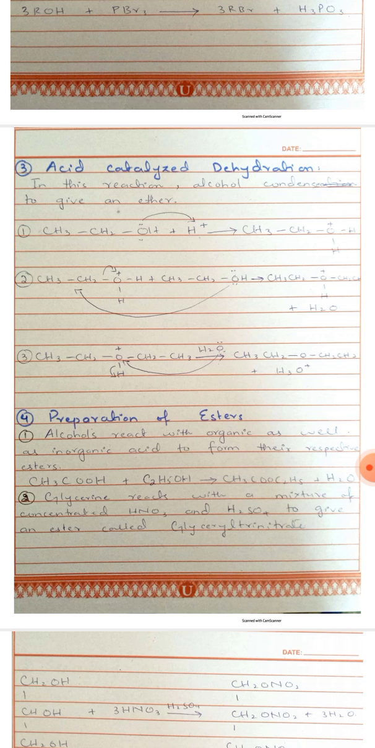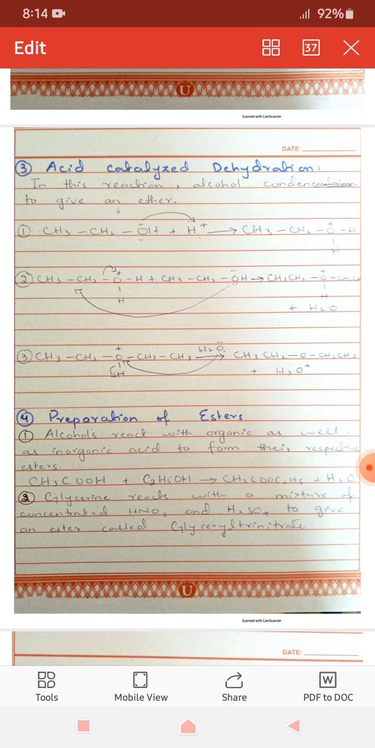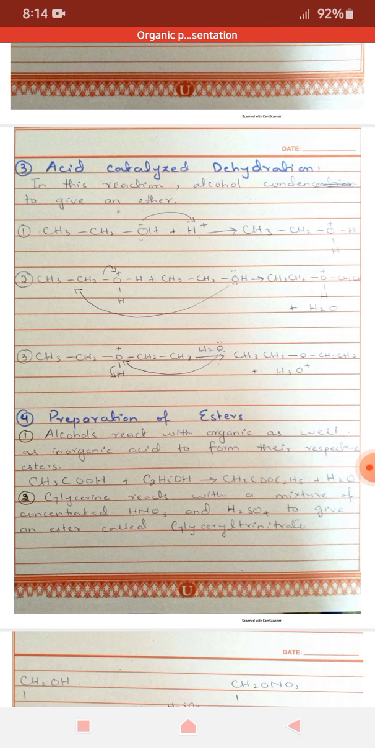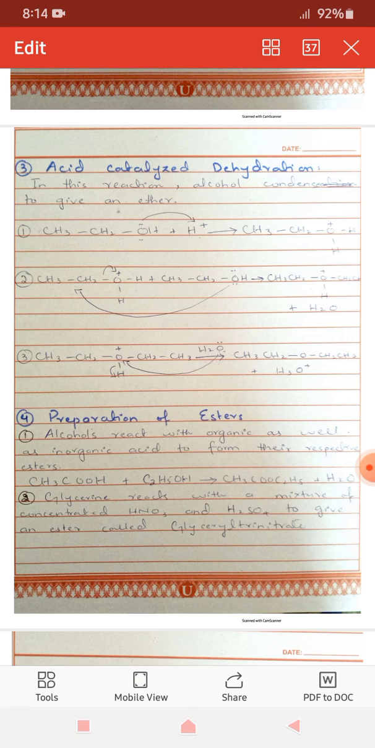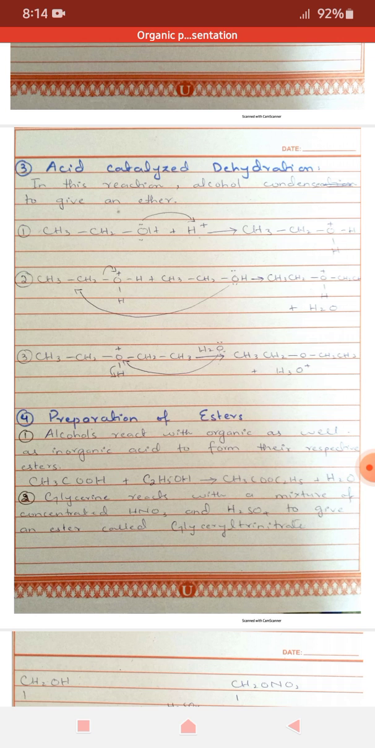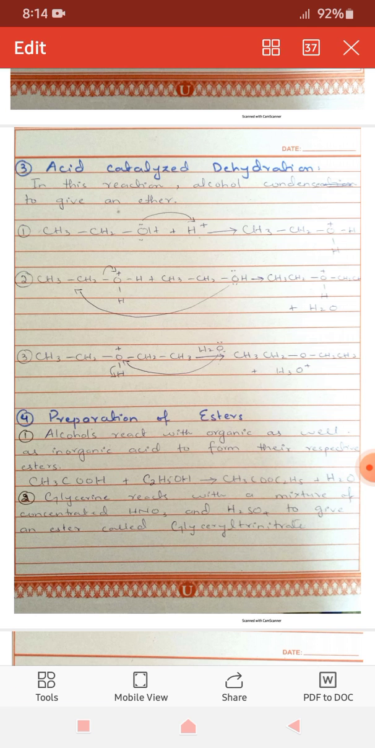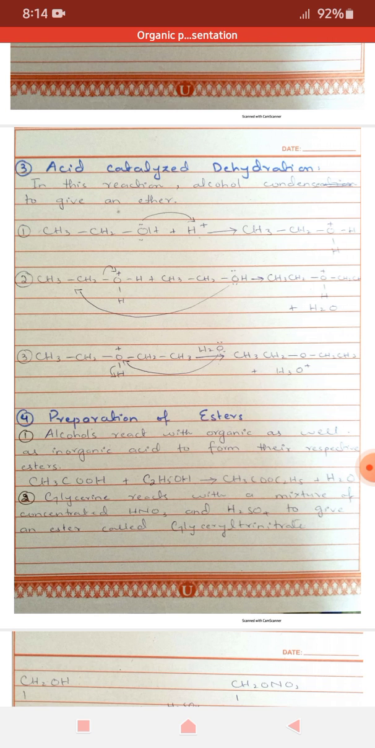And this creates an oxonium ion intermediate. The third step is also an acid-base reaction, and here the proton is removed by a suitable base to give an ether product. Fourth reaction is preparation of esters. There are three methods by which alcohols produce esters. First, alcohols react with organic as well as inorganic acids to form their respective esters,